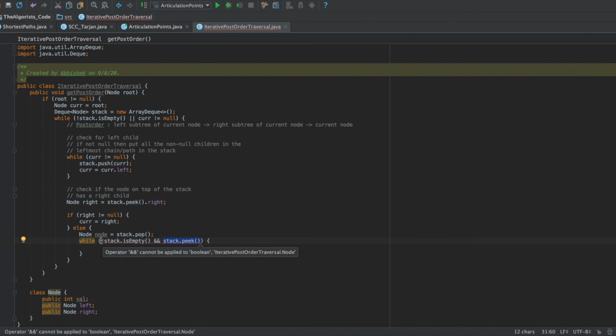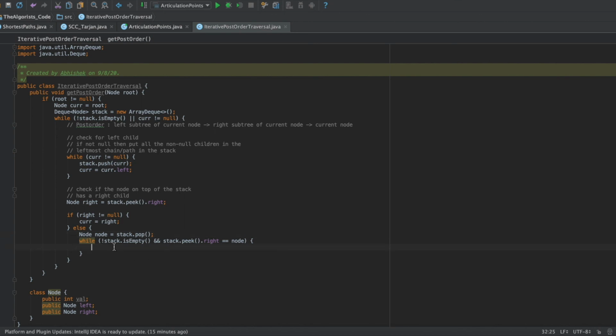So here we check whether stack.peek.right is equal to the node we just popped. So basically what we are checking is whether the node we just popped is a right child to its parent or not. If yes,